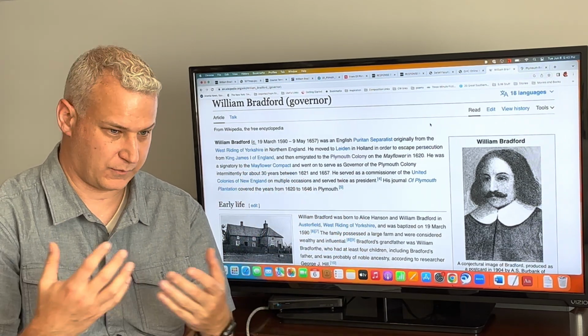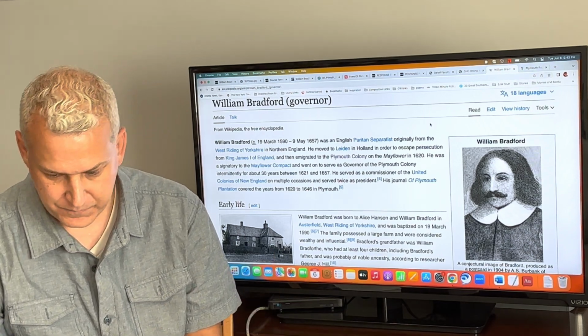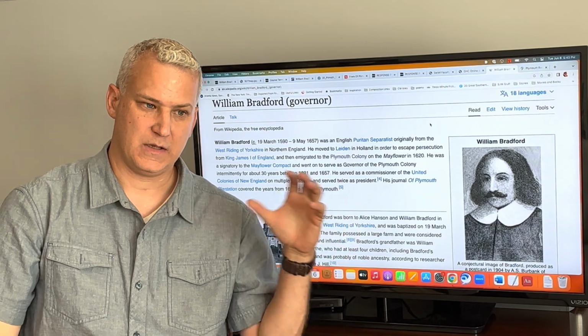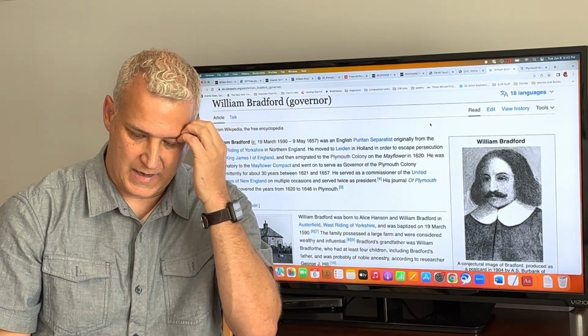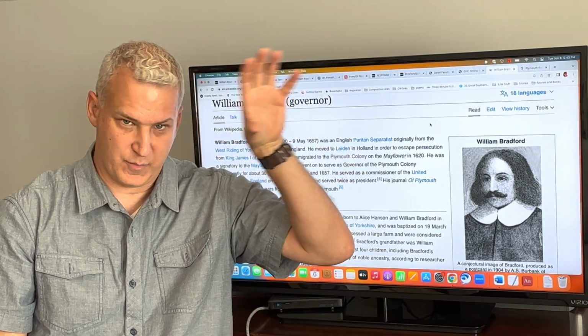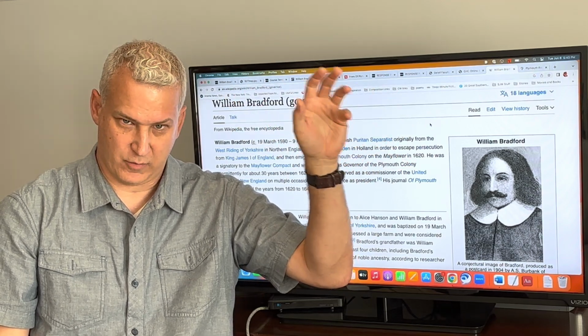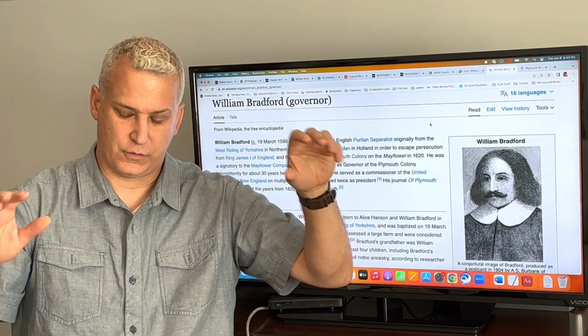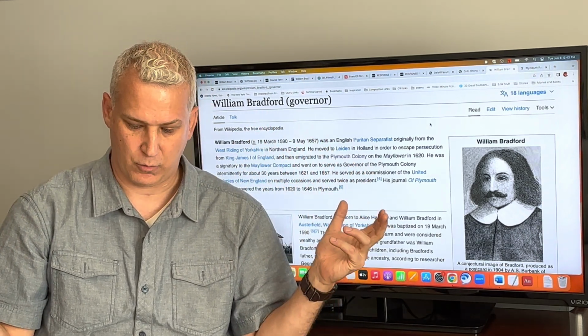Like I said, he'll go for several years as governor, take a little break, then they'll bring him back. And eventually the Plymouth colony is merged into and sort of swallowed in the late 1600s by the Massachusetts Bay Colony, and Boston emerges as the big city in the area. You see in this excerpt when they talk about conflict with the natives in the Pequot War,